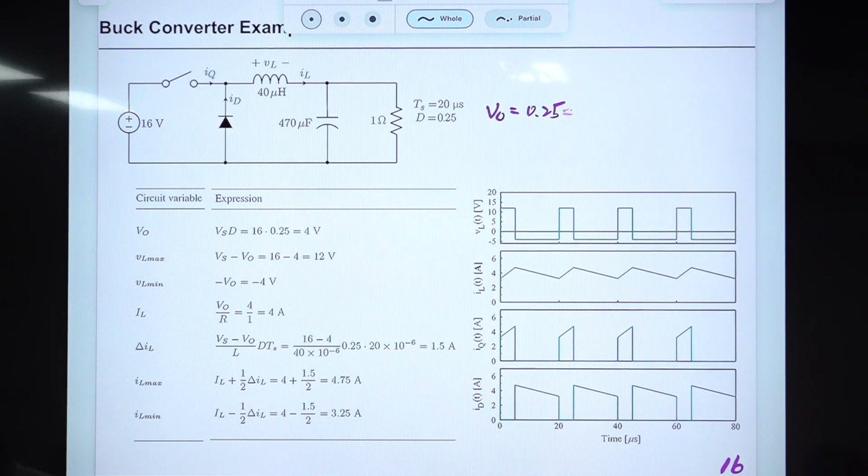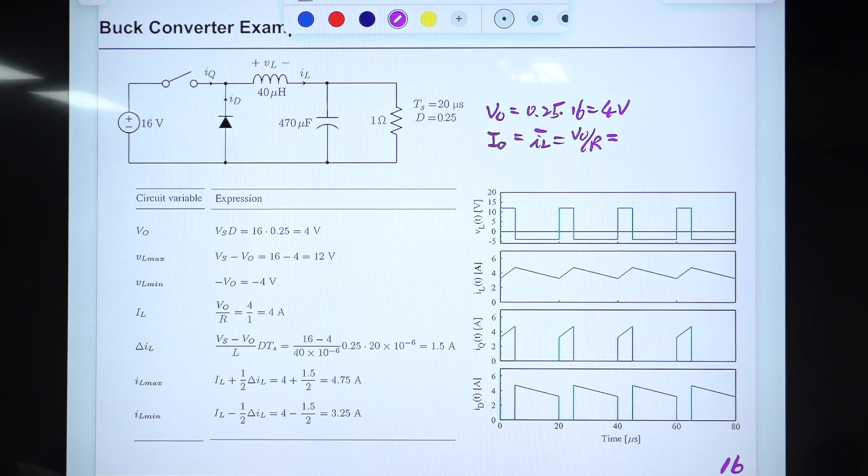I'm sorry. Times 16 is 4 volt, and the average value of inductor current, which is the load current, is VO divided by R, which is 4 A. Okay, so this is our prediction. This is a theoretical analysis of this converter. So there was a result of that analysis of voltage and the maximum of this inductor voltage,